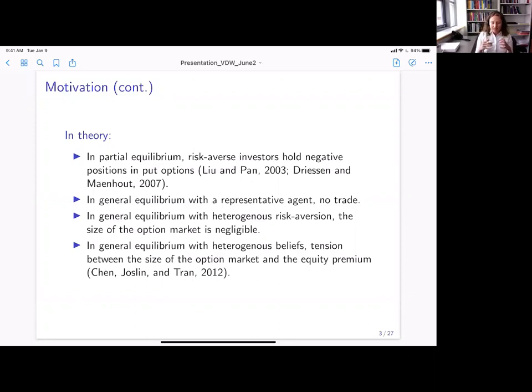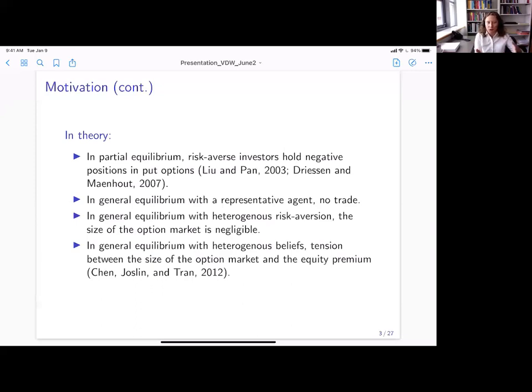We do have some success with heterogeneous beliefs, okay? And I will speak to a paper by Borowski and Hiltzo that uses the heterogeneous belief framework, and we can explain prices and demand, but we run into a problem when we try to understand the cross-section of the option market, because to generate large option demand, large option open interest for different moneyness, we will need a high belief dispersion about rare disaster risk, right?